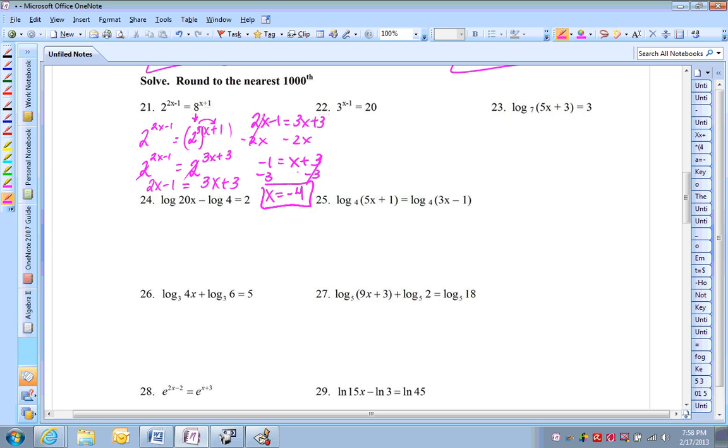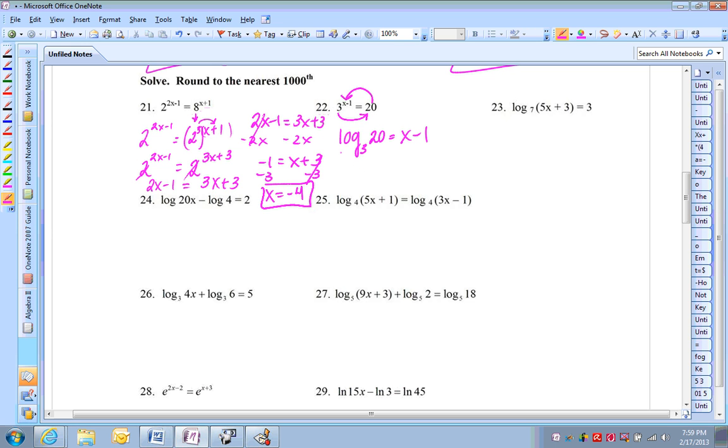Okay? Moving on to problem 22, or 14 on your sheet. We have an exponential on one side, and we're solving for x. And the way I do this is if there's only an exponential on one side, I can log roll it to become a log function. So we're going to rewrite this as a log function because it's the opposite of an exponential. So I always start with my base, pick up the 20, and then go back and pick up the x minus 1. So I'm going to write this as log base 3 of 20